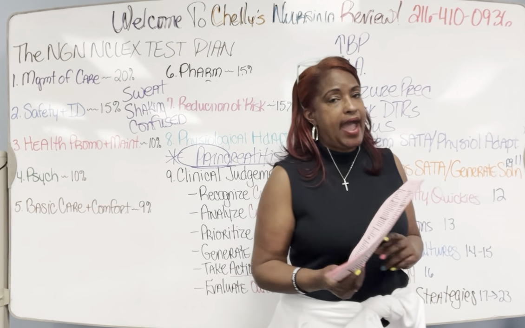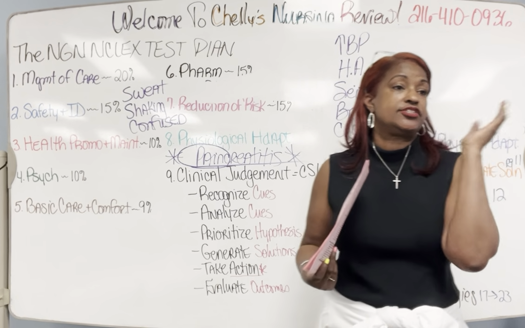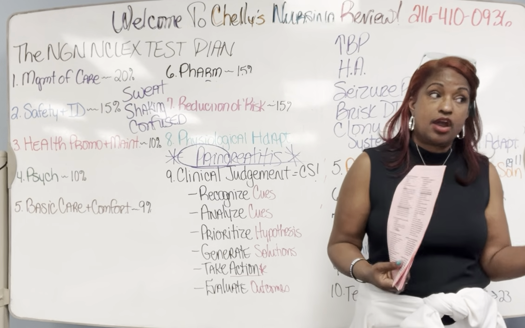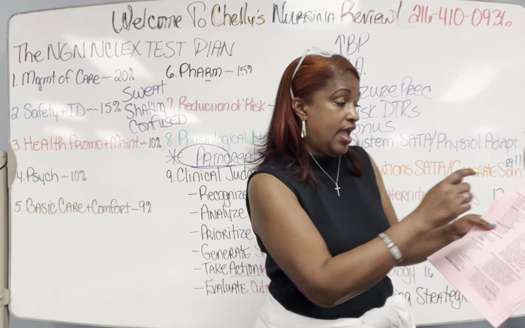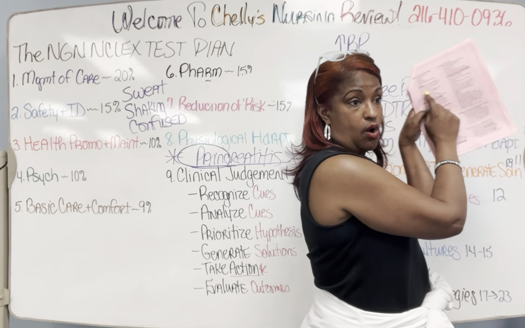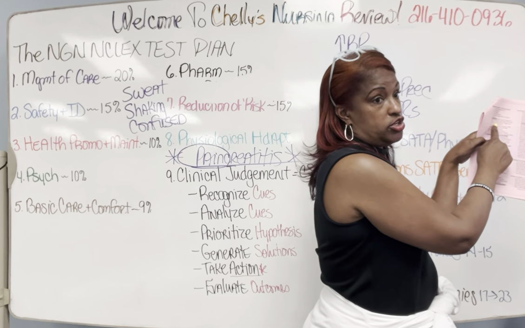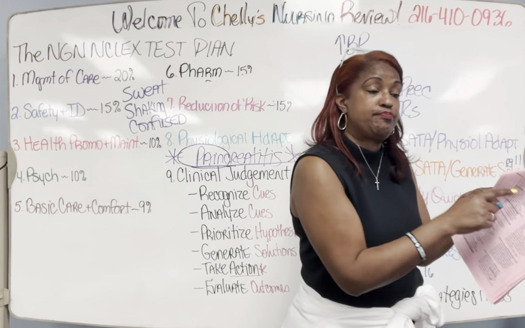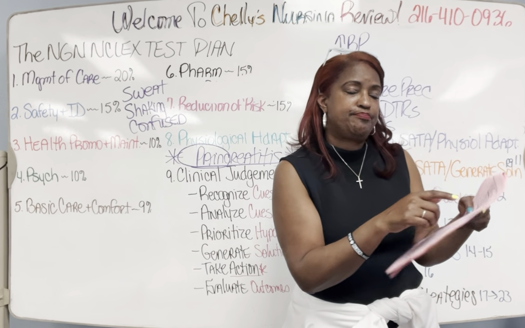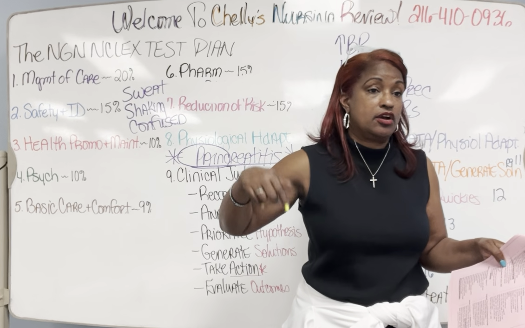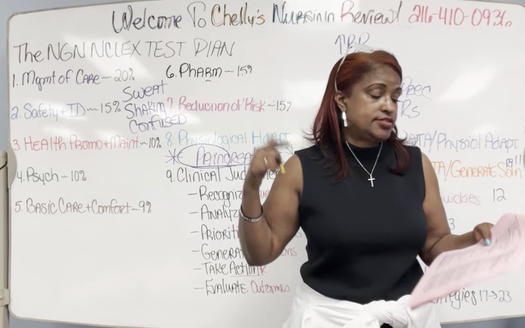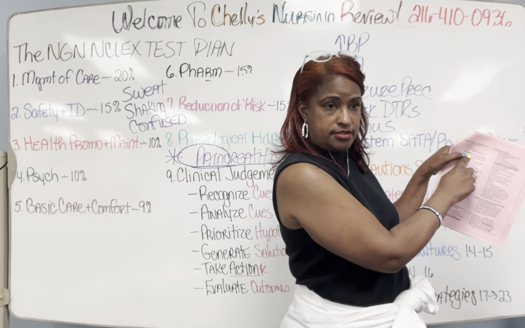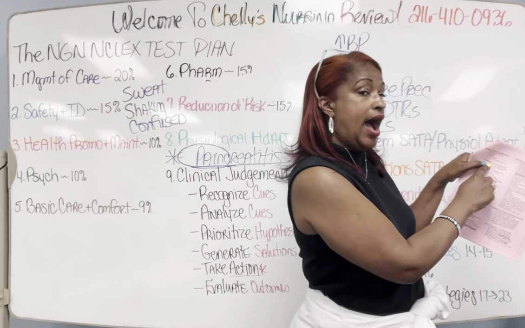Now, what I did differently on this page that qualifies as one of my updates I had to make: back in the day when Ashley was in class, the test still had a lot of brand names on them. We started getting some generics, but she got a lot of brands. So we have brand names here on your old one. These are all your generic names for all of your NSAIDs, the ones by prescription. For example, you had 2 nurses stood right here in this spot, told you how they passed their test, and they both had Celecoxib on their test. If I were you, I would highlight that.